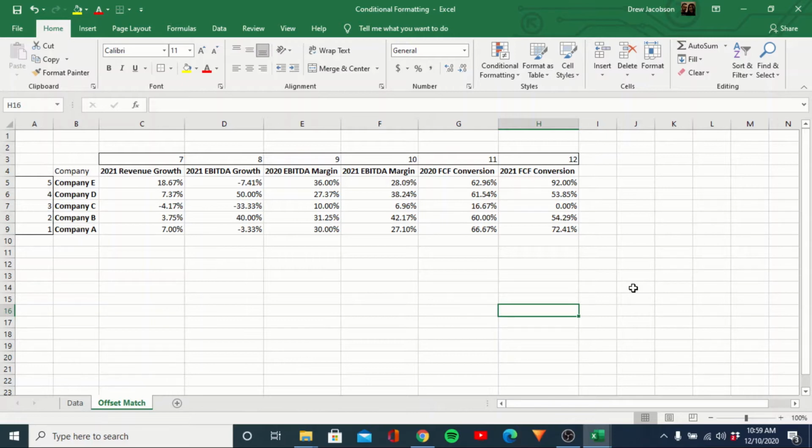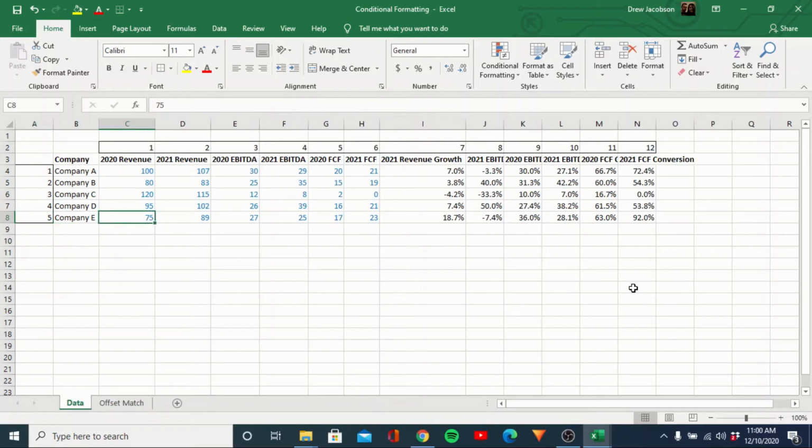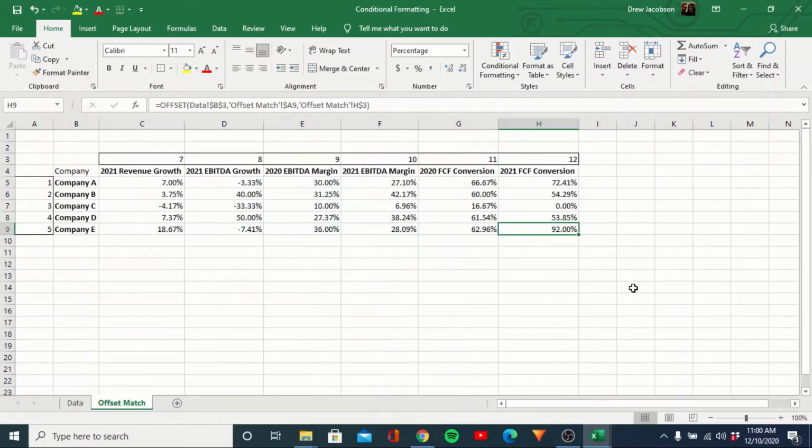So first, what we have here is just a data table I've created based off some made up data, showing different revenue growth, EBITDA growth, free cash flow conversions, things of that nature. You can really ignore what all that data is. This data table is set up with offset matches. I have a video explaining that on another video that I can link to here. The reason I'm doing it off the offset match is so we can really show you the